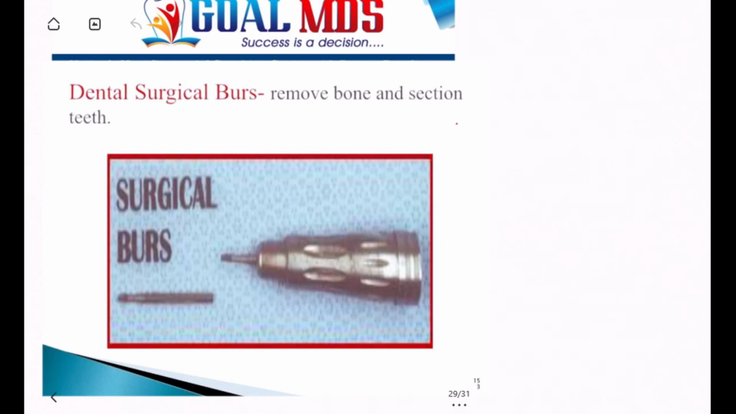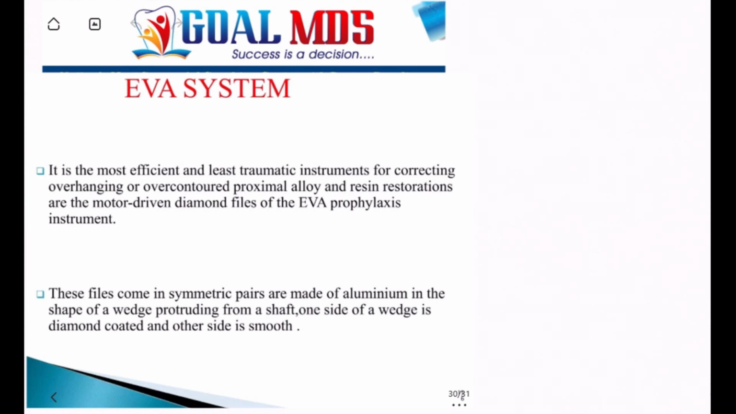The surgical burs are used to remove the bone and section the teeth. EVA system is the most efficient and least traumatic instrument for correcting overhanging or overcontoured proximal surfaces, and resin restoration. Again, important from your entrance exam point of view. Many times asked in entrance exams: the EVA system is used for correcting overhanging, overcontoured proximal surfaces. The files come in pairs and are made up of aluminium. One side